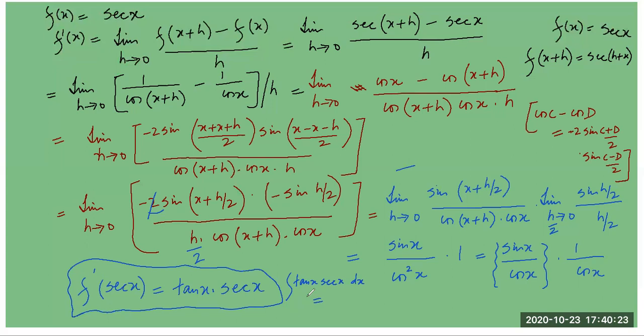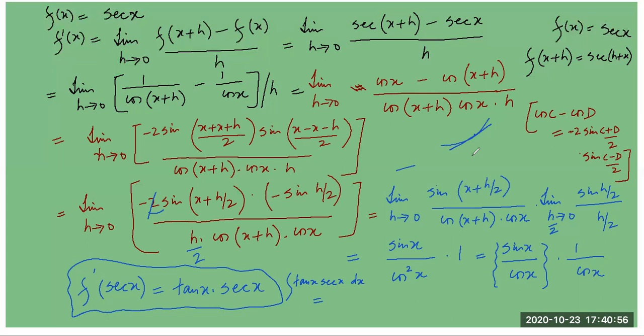Why do I want to find the derivative of a function? Because I'm interested in instantaneous stuff. Or I can say once a graph is given, I want to find the derivative, meaning I want to find the tangent at this point, and then I can find the slope of that tangent. That is the derivative: limit h approaches 0, f of x plus h minus f of x divided by h, right? That is the same as limit h approaches 0,